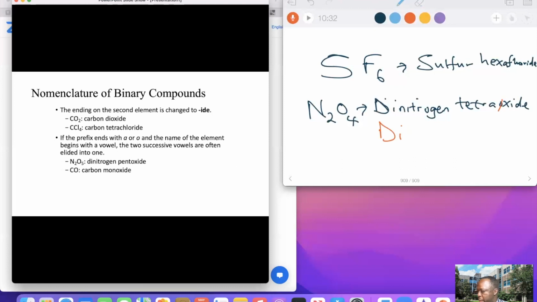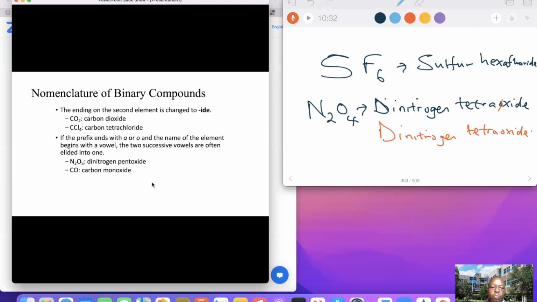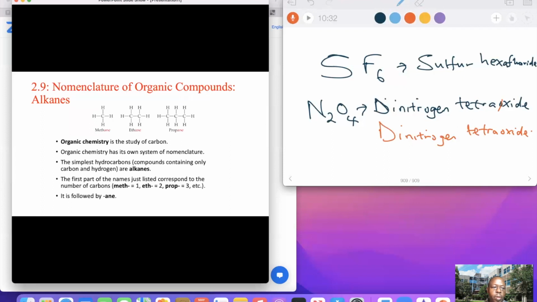This is dinitrogen tetroxide. If they are following, you remove the first vowel and just give that. What that means is for tetra, penta, hexa, hepta, all those, and what is following starts with A, change that to the ending. Well, I'm not going to require you to learn the